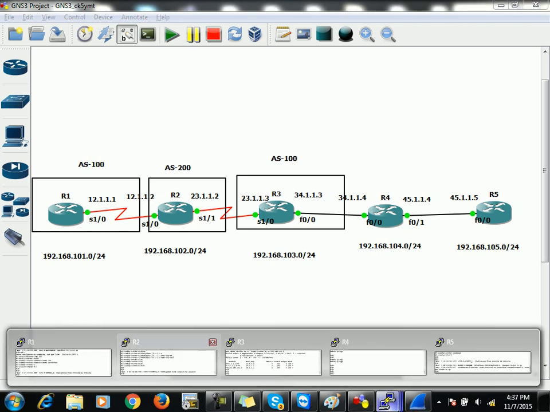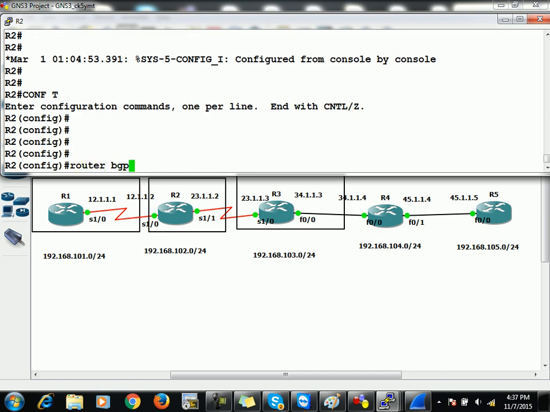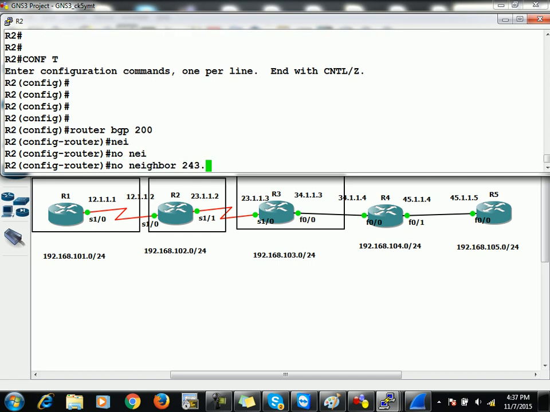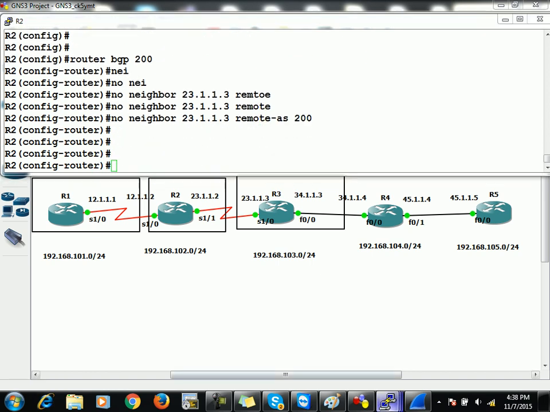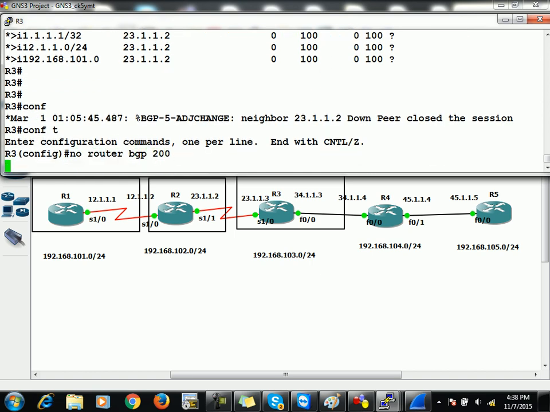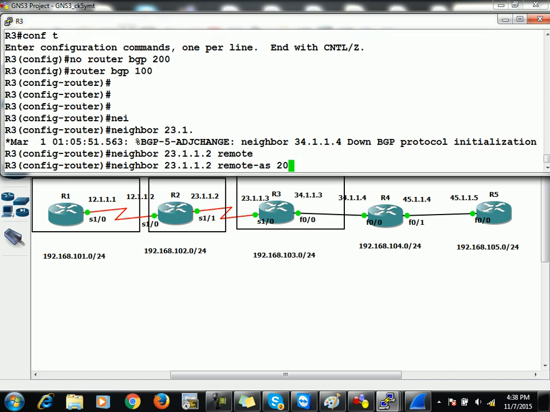And now on R2 I'll remove it, router BGP 200 no neighbor. Move on R3, once again configure